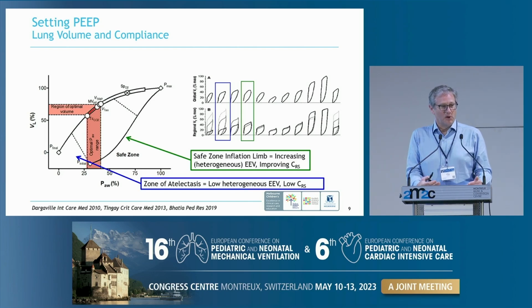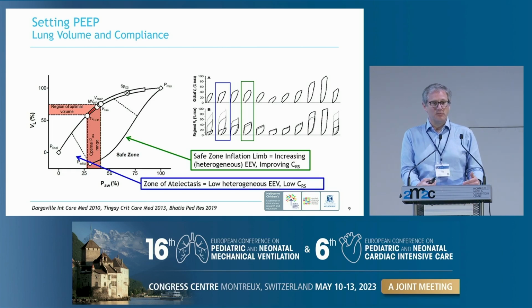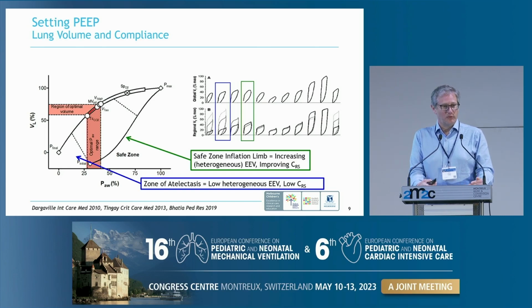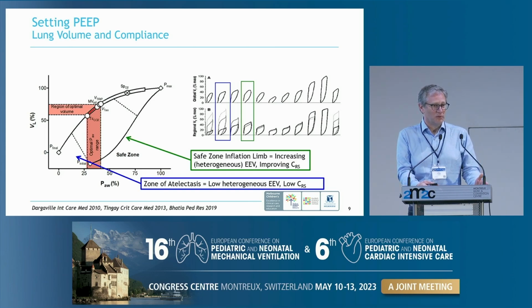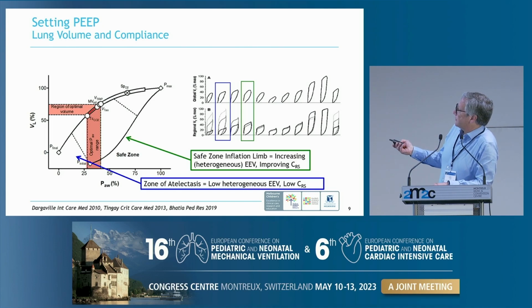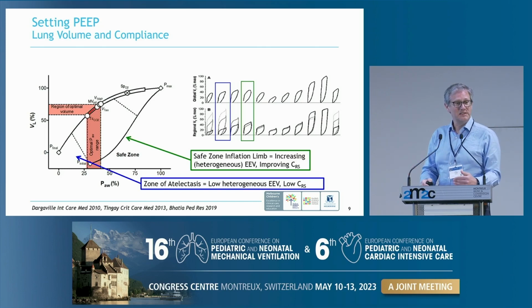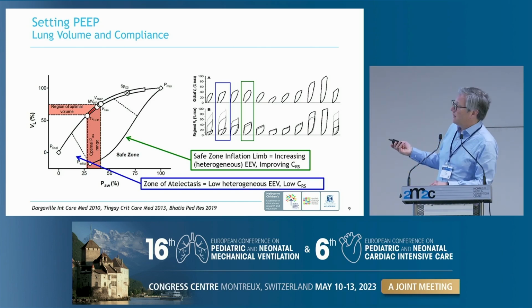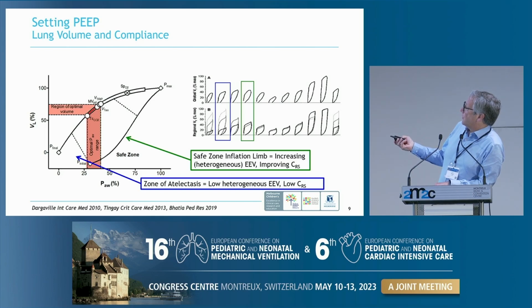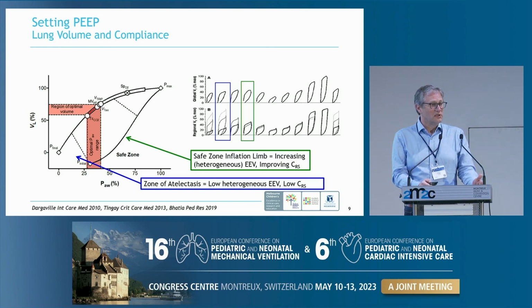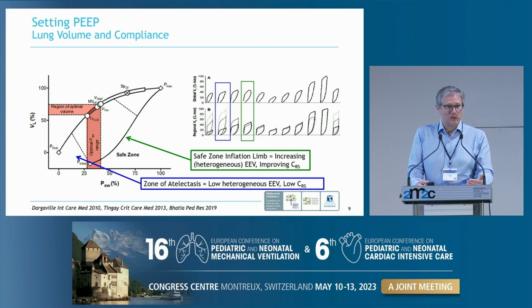And I keep trying to remind my trainees that whilst we tell everyone that respiratory distress syndrome is a homogeneous disease, it is homogeneous because the whole lung has the same disease. But if we misapply our ventilation, it is a heterogeneous problem. So here we have a problem of atelectasis due to surfactant deficiency. You can see that the compliance curves are very different in different parts of the lung when the lung is atelectatic. So in the most dependent part of the lung, you have a non-compliant lung, but in the least dependent part of the lung, you have a lung which actually is taking quite a lot of ventilation. So when we set our 4, 5, 6, 7, 8 mil per kilo of tidal ventilation, that's all going to one part of the lung and not the other.